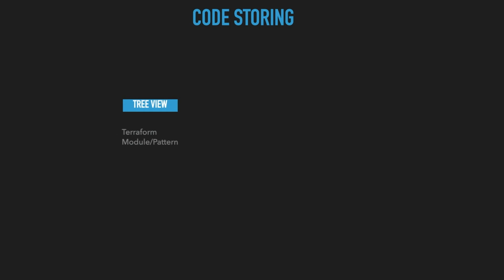Tree view is a simple Terraform module or pattern. In our case, a pattern could be a combination of different modules, or even a module can combine different resources into some kind of pattern. Then the balcony view is the project level. So we have, like in GCP or in AWS,